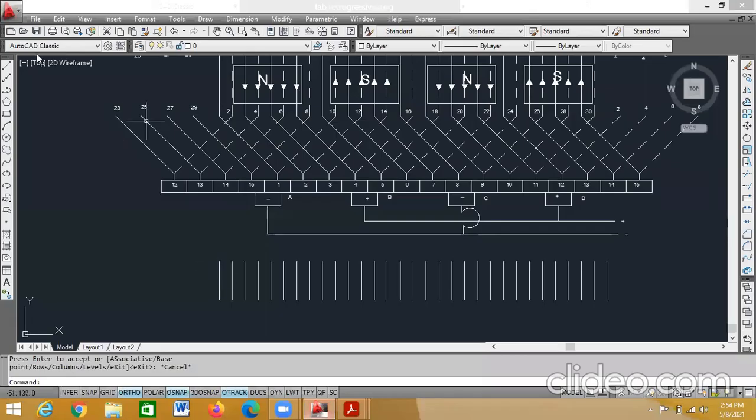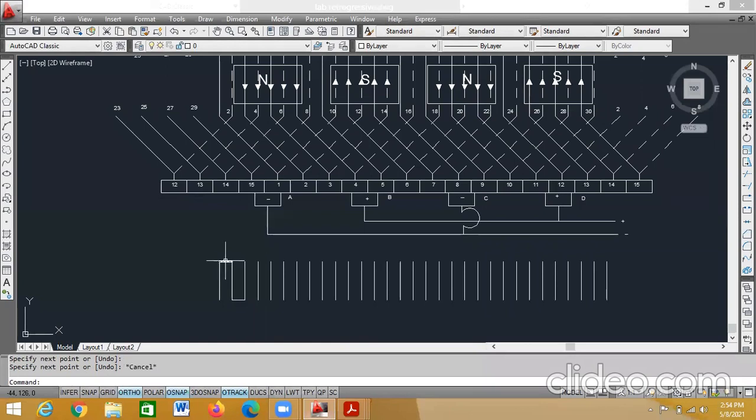Now how to do the connection? Take the line, join these two. Again take the line, join these two. So now how many connections are required? Here again I'll do an array. How many connections are required here?